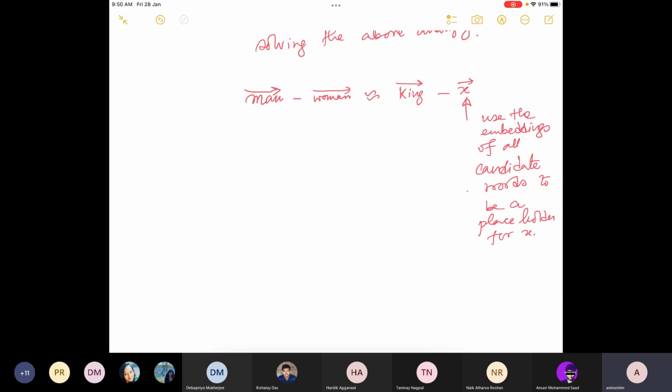Now, once you have done this, you will be able to find out where this difference is exactly or almost approximately equal. And in this case, the result that you will get is